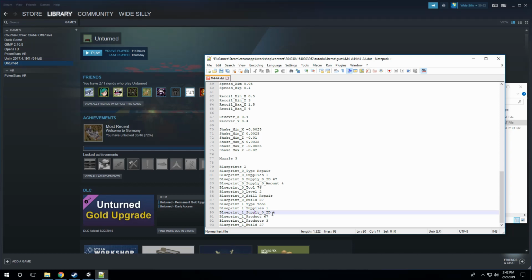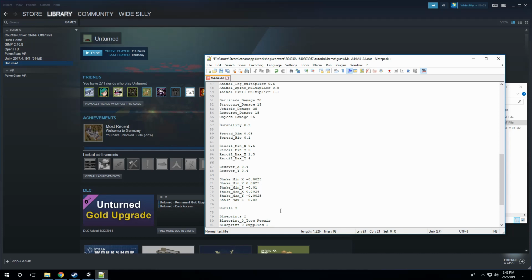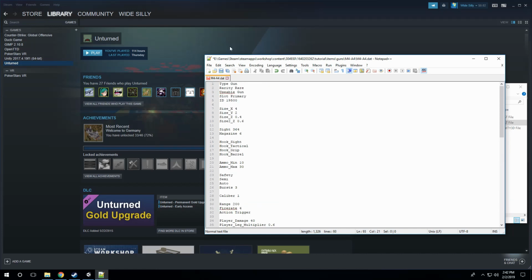But here we have this one, which requires the gun again. And we're just going to press backspace on that, and we will set it to 1000 because that's our gun number, and it'll create 3 pieces of scrap metal when we scrap it. And then we're just gonna save that,